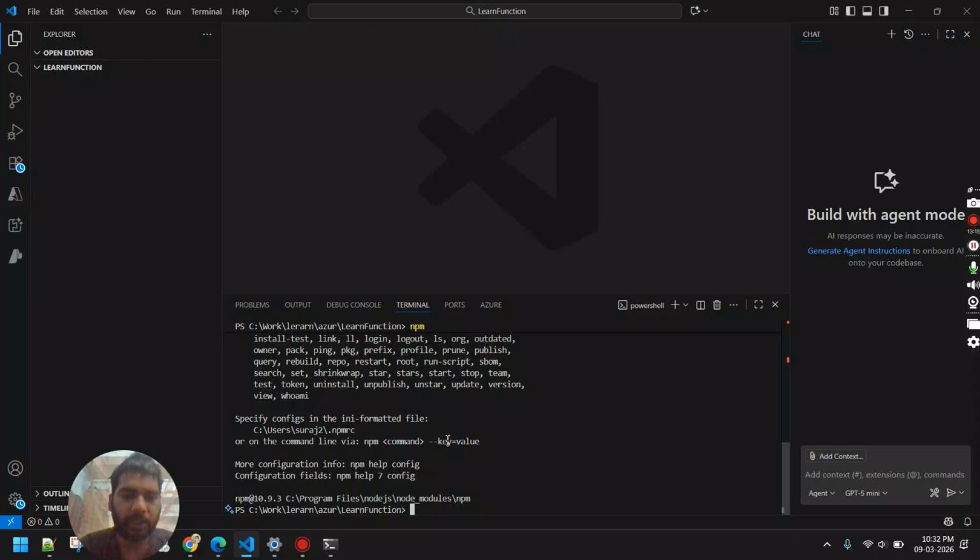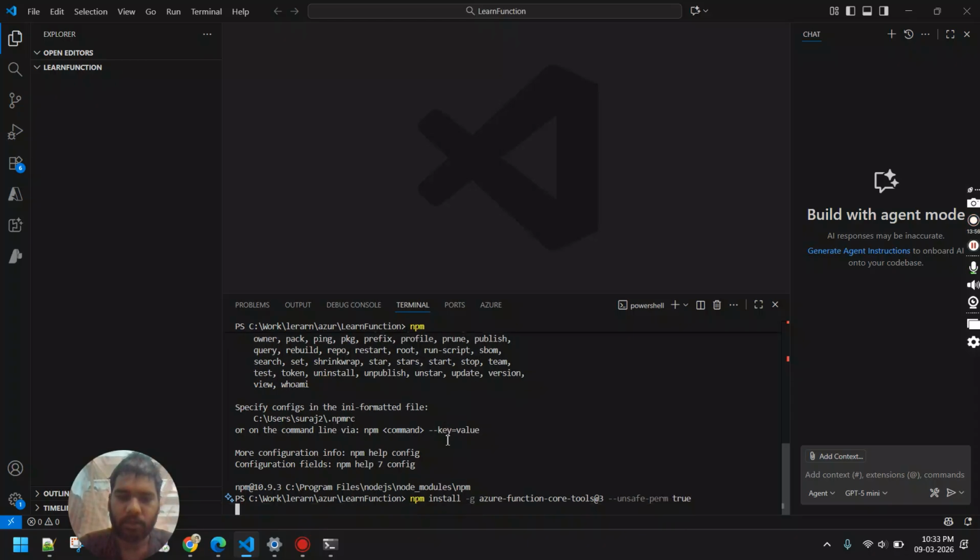So we need to go with npm install global azure-functions-core-tools, and the version is 3, and unsafe-perm true. Then go through it